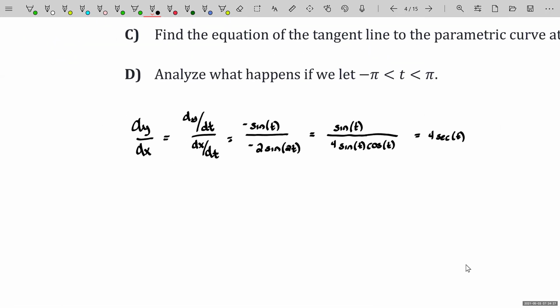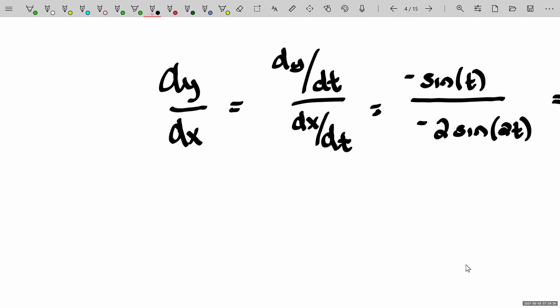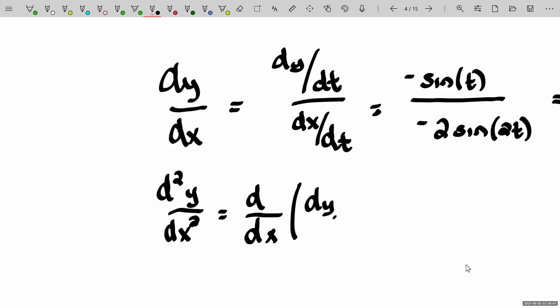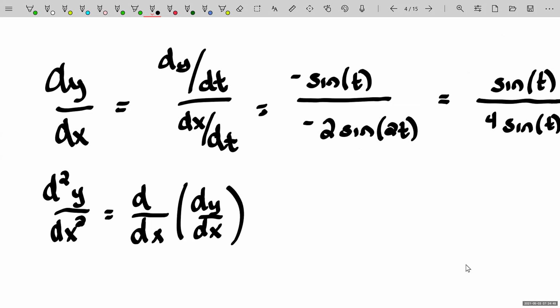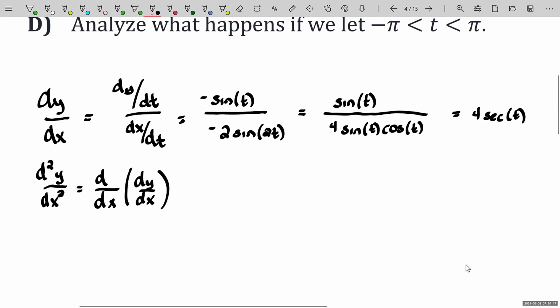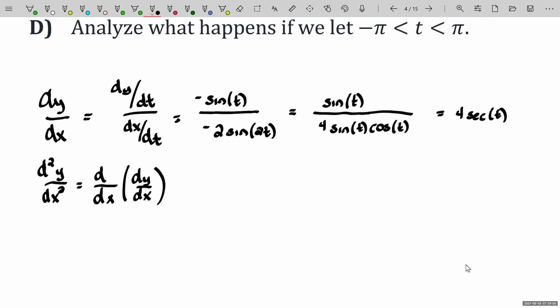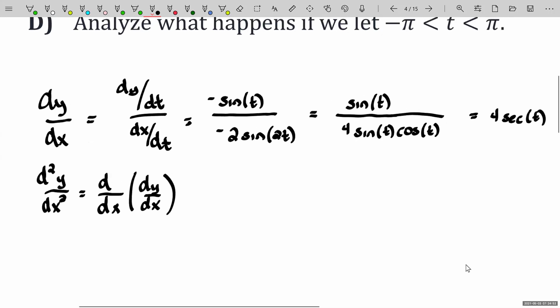And then the second derivative, just to remind you, is the one that a lot of people foul up on a little bit. The second derivative of y with respect to x is the derivative with respect to x of dy dx. But luckily we know that dy dx is just that secant of t. And so what we're going to do is say that's the same thing as the derivative with respect to x, with respect to time,